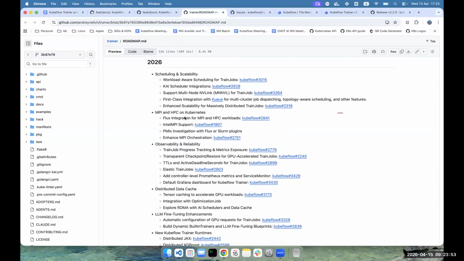Oh, so will compute domain be managed by core Kubernetes DRA functionality instead of the NVIDIA DRA driver, in the future? No, the NVIDIA DRA driver. Compute domain was something NVIDIA created to help streamline multi-node resource claims, but they're not proposing that to be in core Kubernetes.